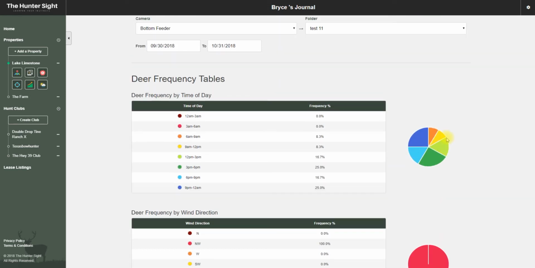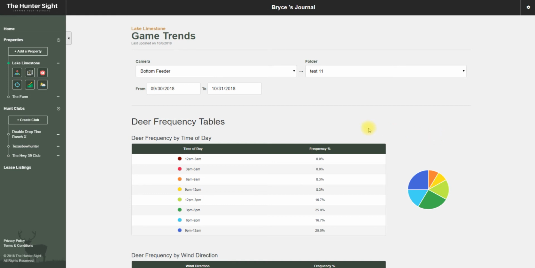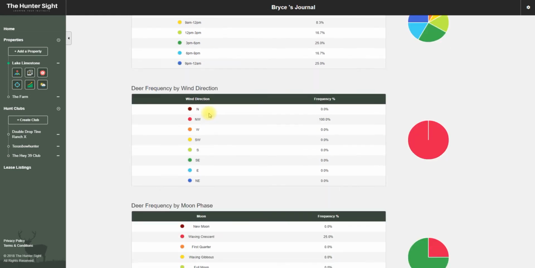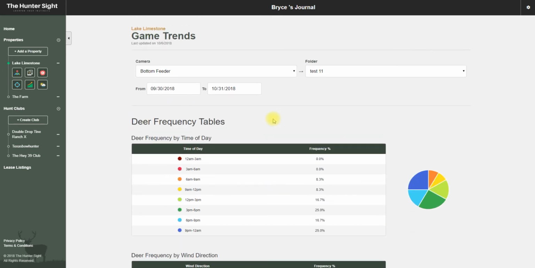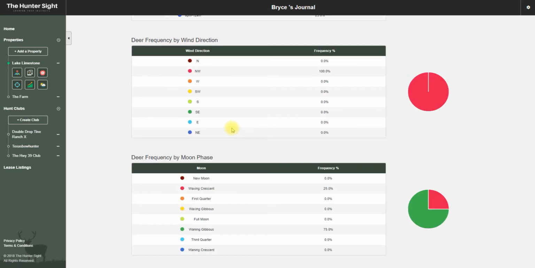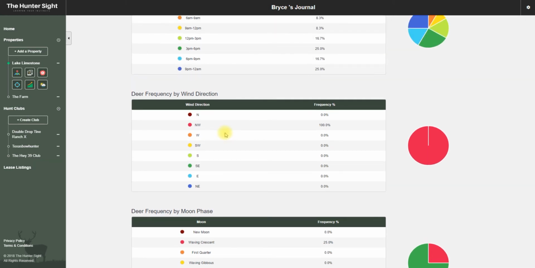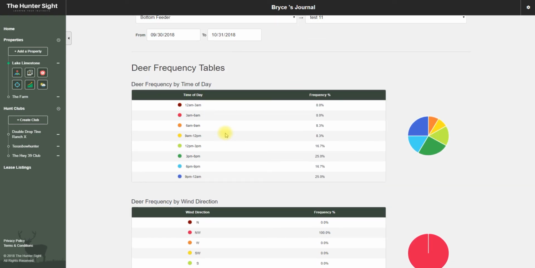Just wanted to show you how you can use the weather app to plan your hunts based on your game trends. That way it saves you time and efficiency in the field and try and put you in the best spot. Because if you're like me, you only get limited opportunities. And no matter what the weather is, you're going to hunt because, well, let's face it, we want to get out there and hunt. And it won't be perfect conditions each time. So the least thing you can do is try and put yourself in the best spot based on your game camera photo